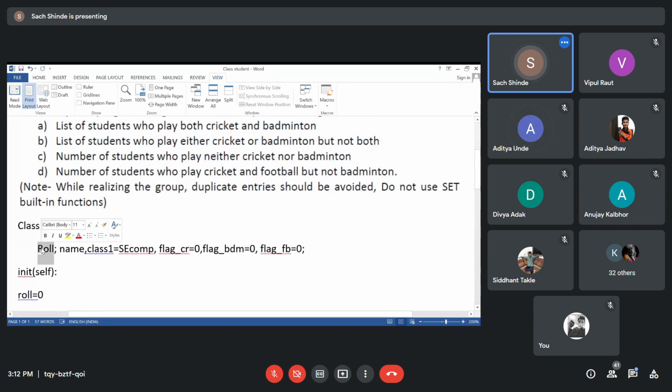Attributes for roll number, name, and by default we have given values, that is class 1, that is SECOM. Then we have created a flag.